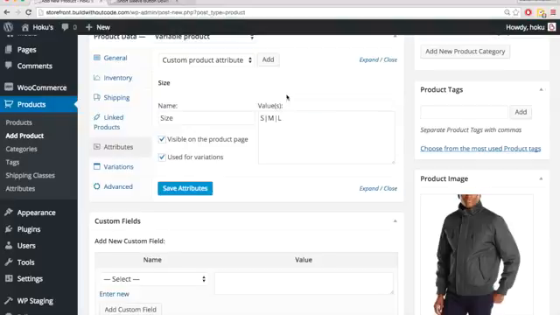So just put the different values and then just separate them with that little pipe symbol, and that's that. So now we have this attribute. Let's hit save attributes,